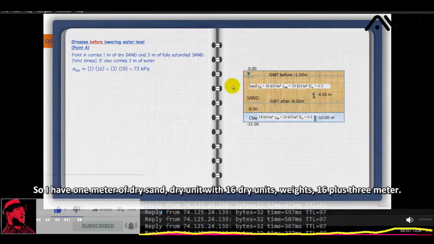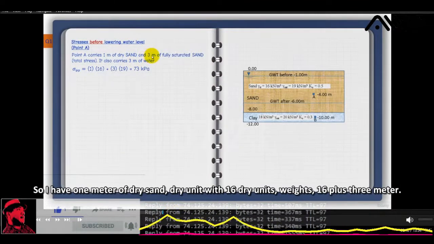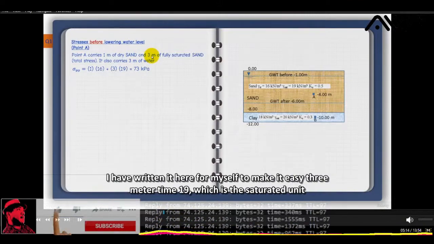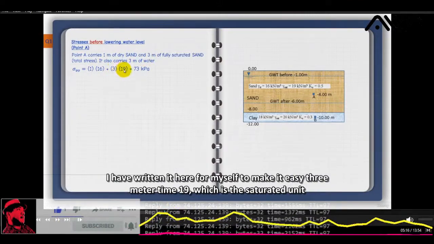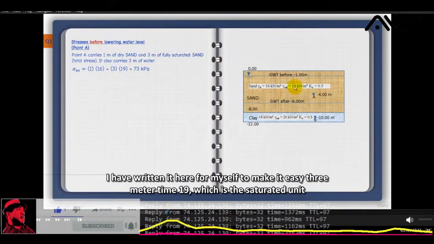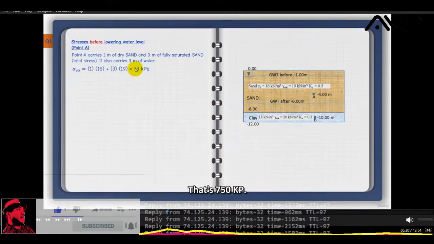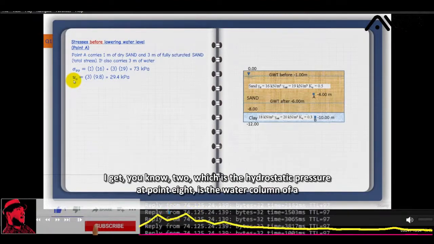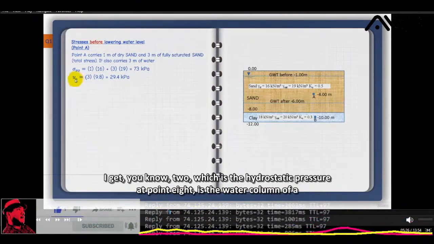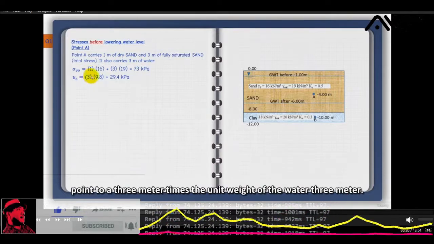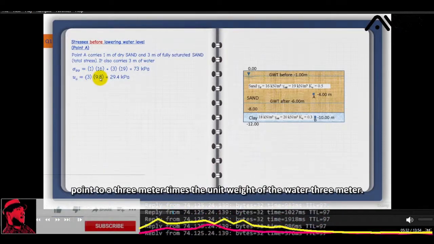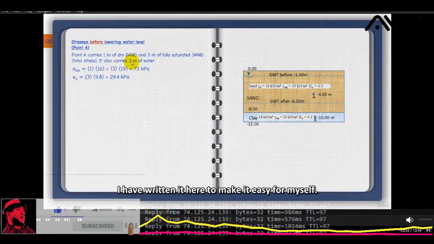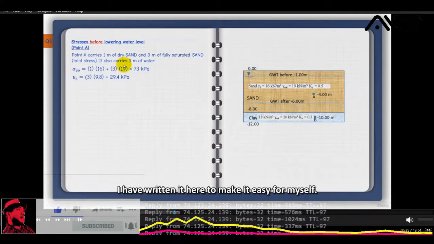plus 3 meters times 19, which is the saturated unit weight of the sand. That's 73 kPa. I get u naught, which is the hydrostatic pressure at point A, the water column above point A. It's 3 meters times the unit weight of the water,